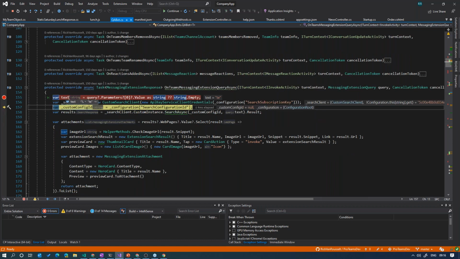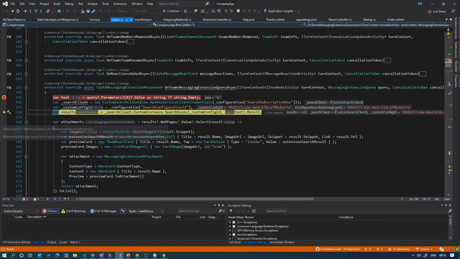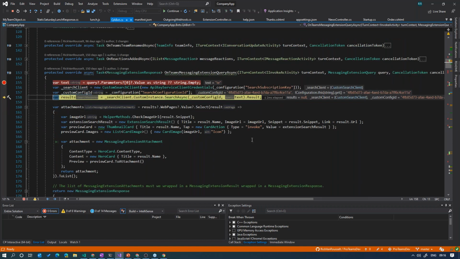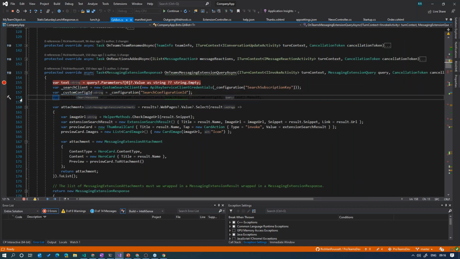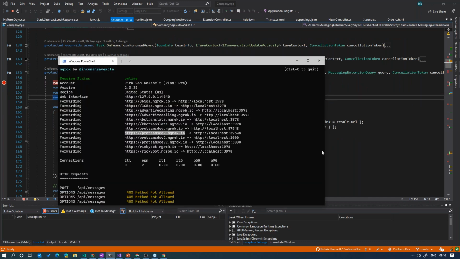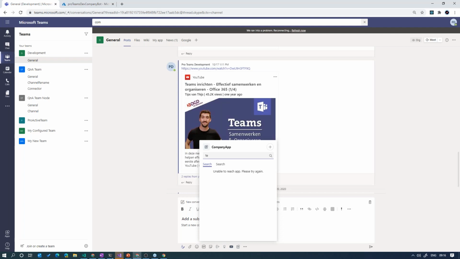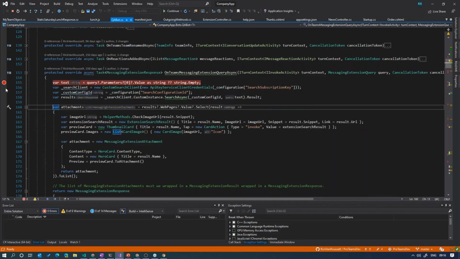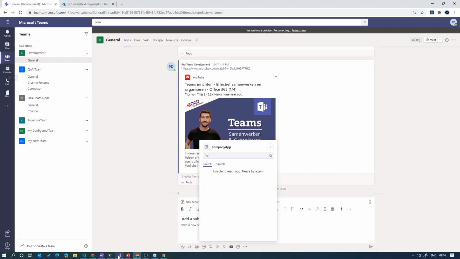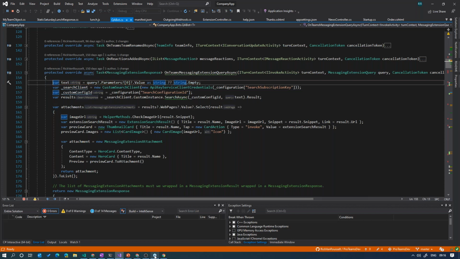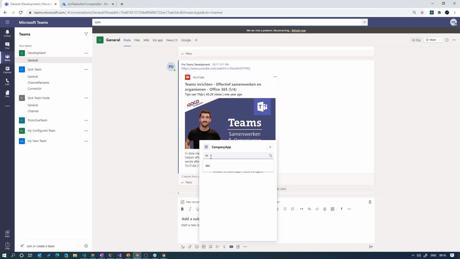So we get our information, and what do I do here? Well, I just do a search client, which is going to a custom Bing search. We get those results, and we search for everything in Bing. So we respond to ngrok, and of course my app is not working because we have to do this a little bit faster. So let's just clear this breakpoint, and then everything will go faster. So if I search here again, let's say for instance Teams, there we go,